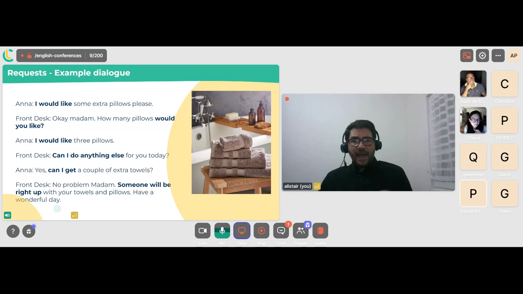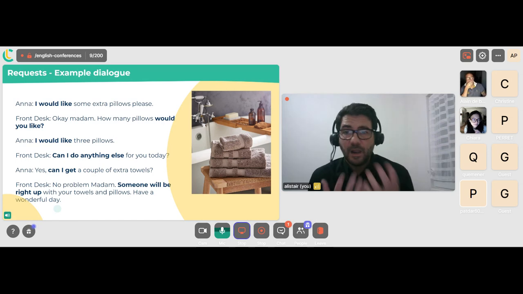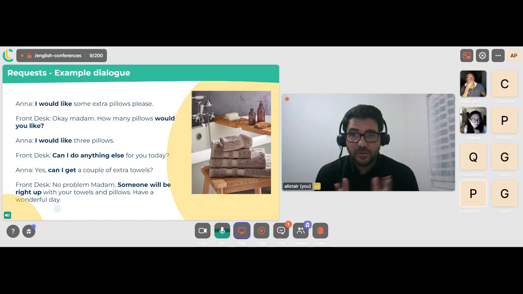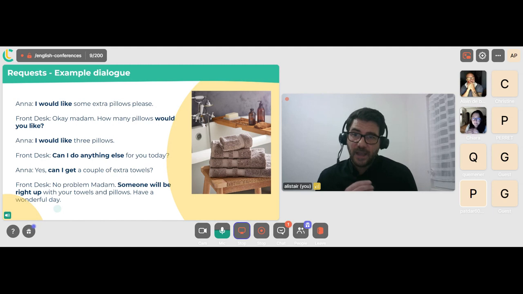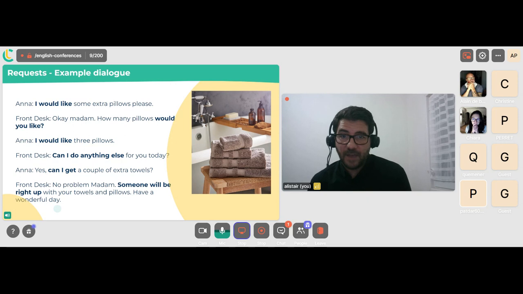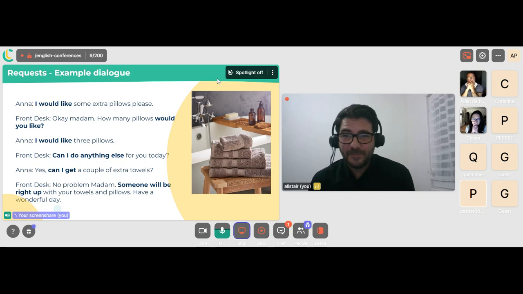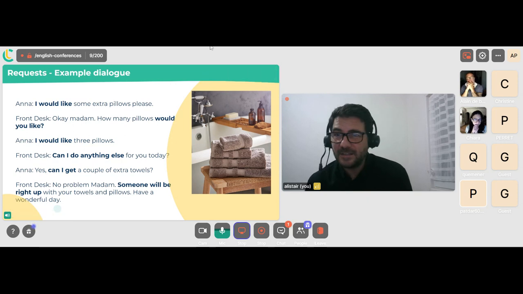Okay, so Anna is extending a polite request for extra towels, and the front desk dialogue shows the employee to be as polite as Anna and able to help in any way she can to give Anna what she needs. Okay, well, let's have a look at